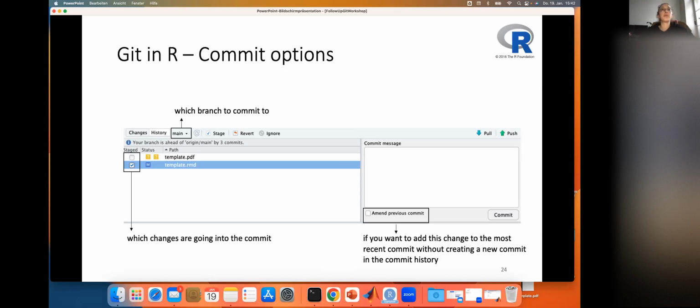But in R, you also have, of course, different commit options. So here you can also choose to which branch you commit to. Here, like I already said, you can choose which changes are going into the commit and which not. And there's another field saying amend previous commit. That's a new Git command that we haven't